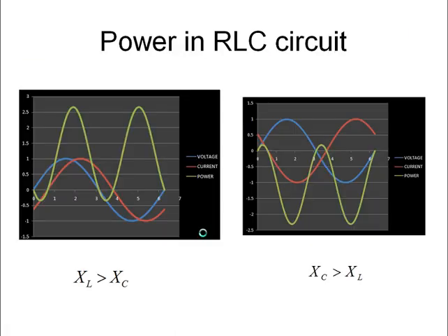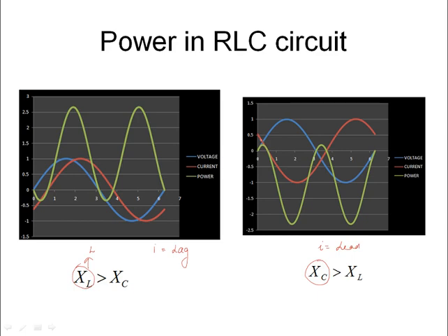So we have two conditions we have to deal with. So if you take power also, we have two conditions. That is here, see, this is the first waveform, right, where your inductance XL value is higher. So this waveform is higher, which means current is lagging in nature, and our waveform looks like this, positive this. Then here the capacitance value will be more, so we can say the current is leading in nature.